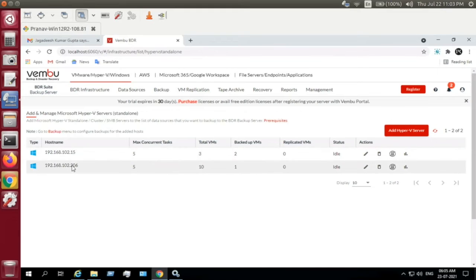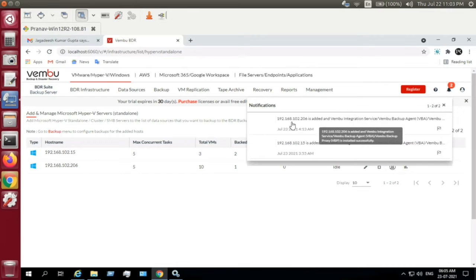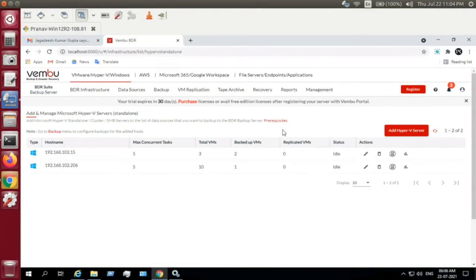You'll get a notification that the host name is added and that the Wembu backup agent has been pushed and installed on that host.